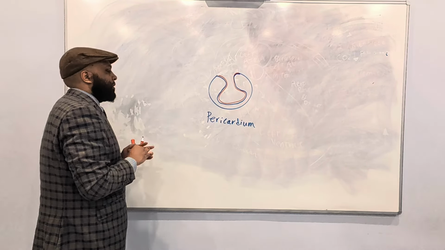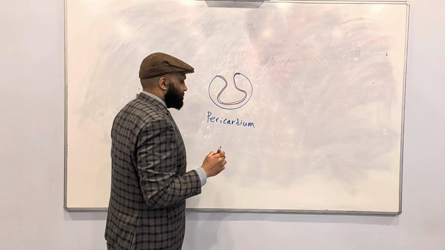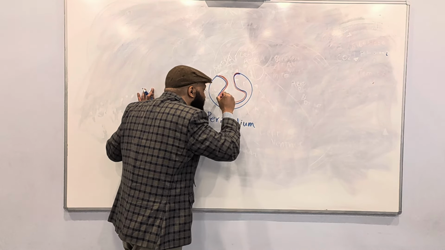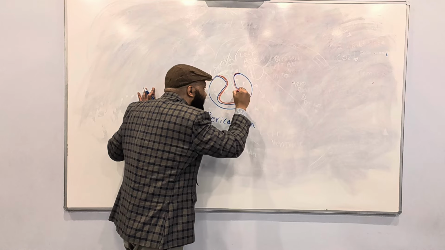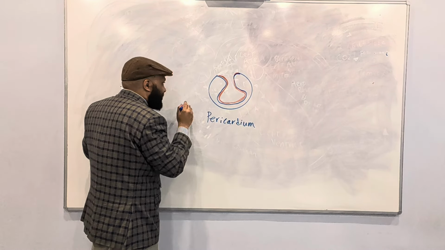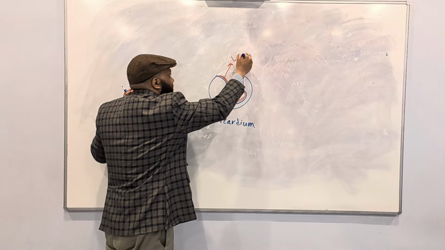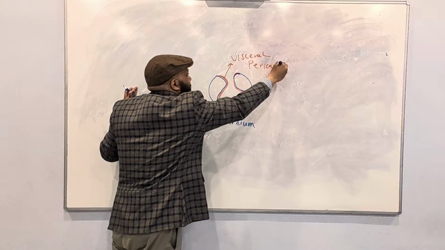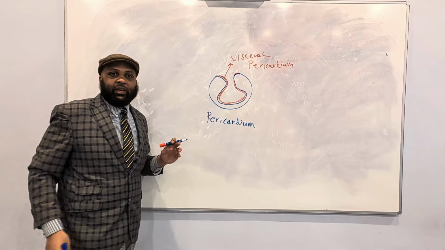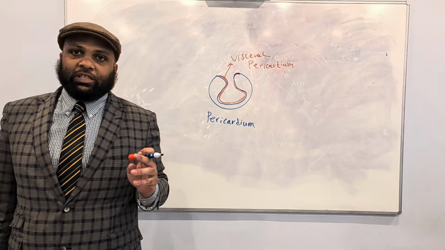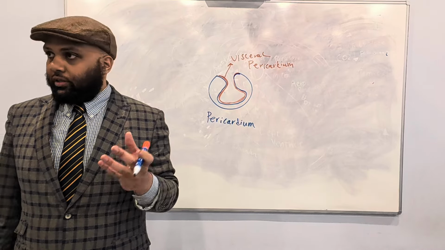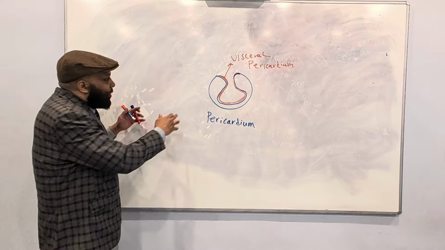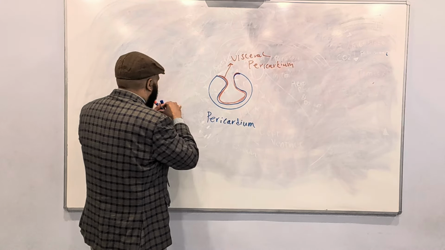The pericardium that is touching the red heart, touching your hand, that's called the visceral pericardium. Visceral means it's touching the heart. And the part of the balloon that is not touching the heart is called